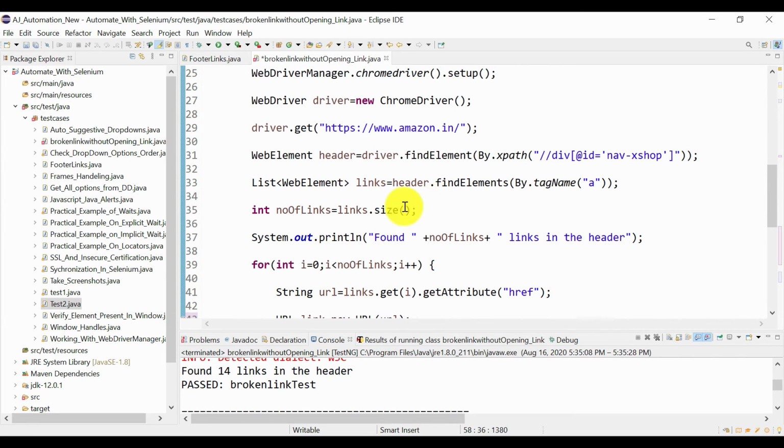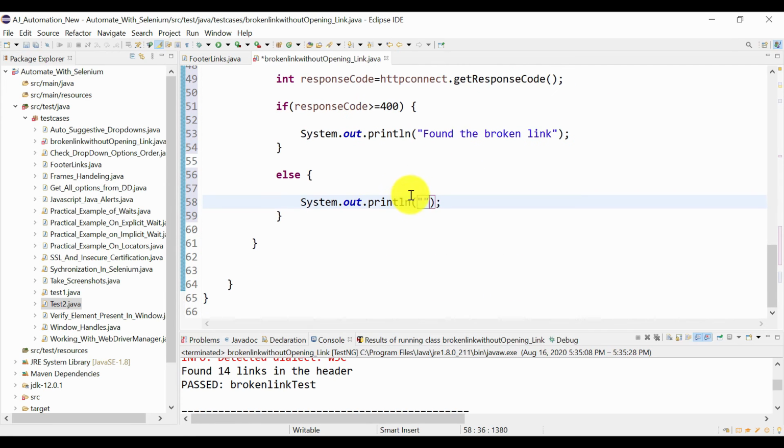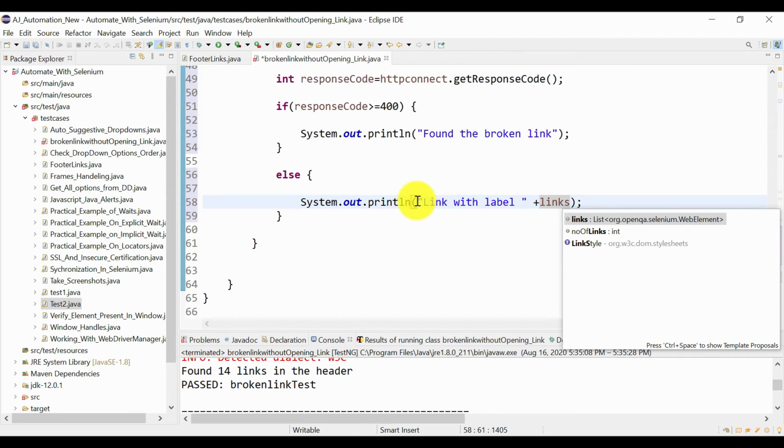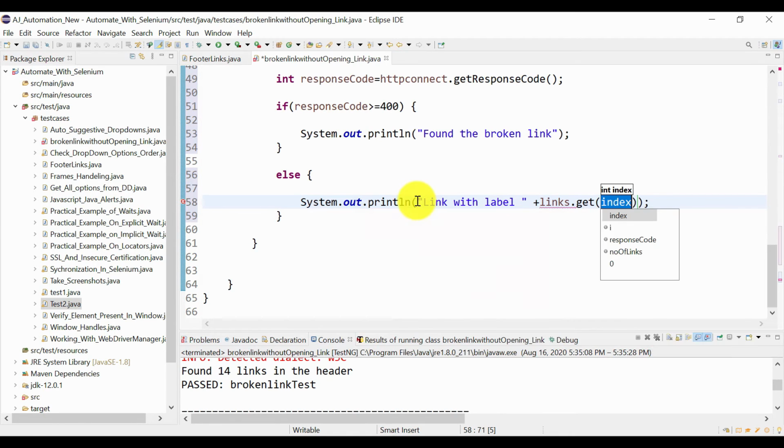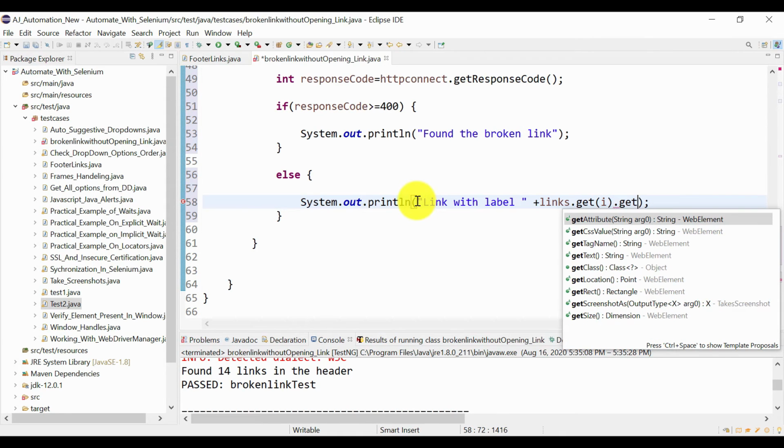Likewise, we will use these links to get the text associated with that web element. Link with label, and what will be the label? Links dot get every link dot get text.